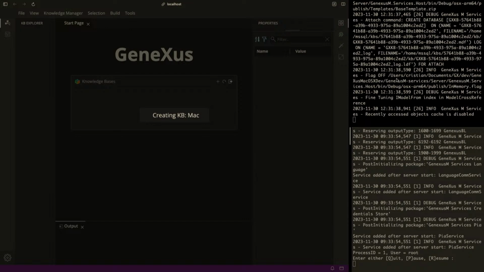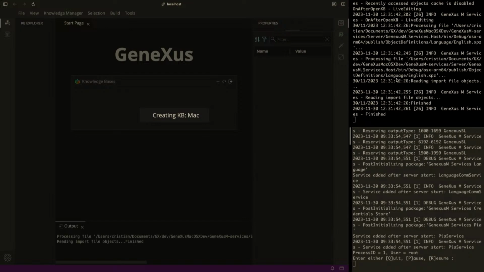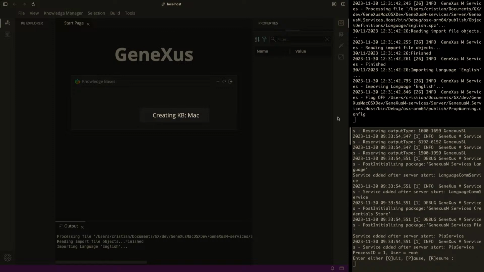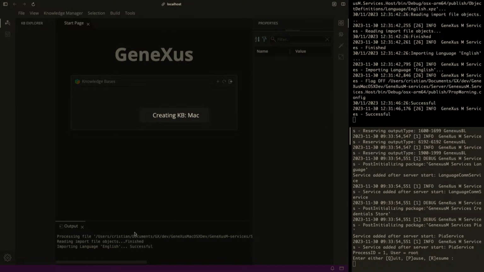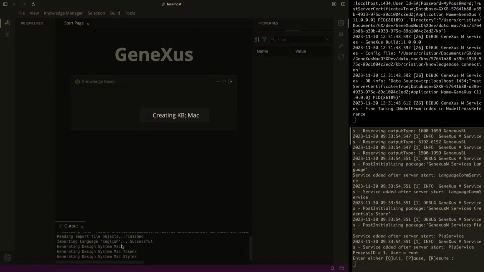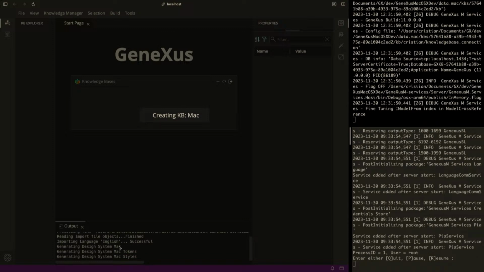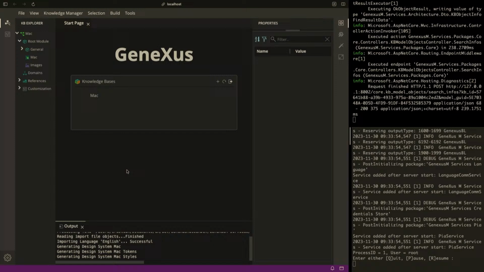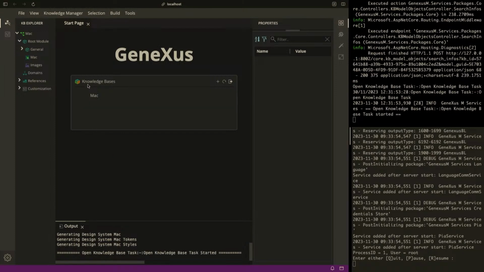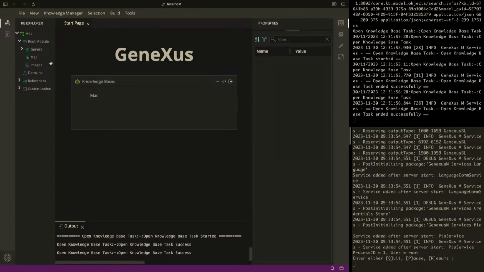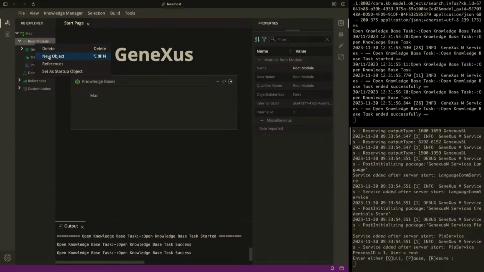And here you can see how the corresponding load is moving, the one that corresponds to the BL of the Mac. And down below you have the output that the user would see. And this is taking some seconds. That's it. That's the creation of a KB in GeneXus Web. Now I'm going to create an object,